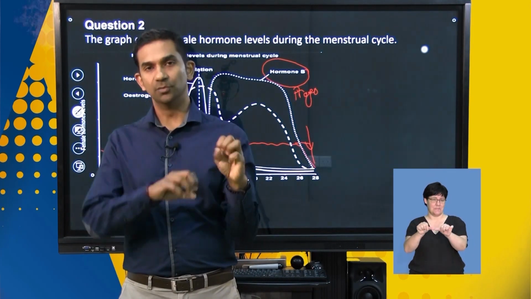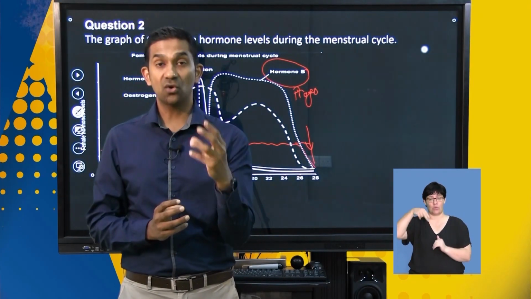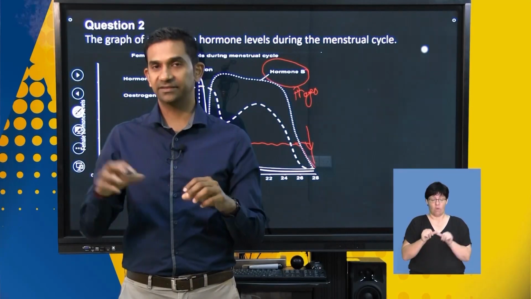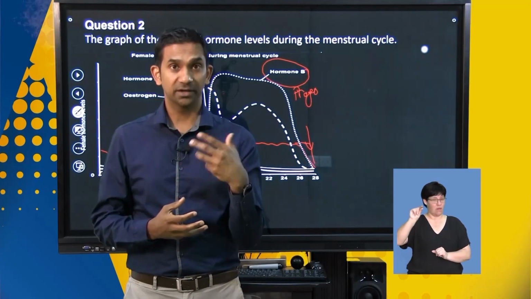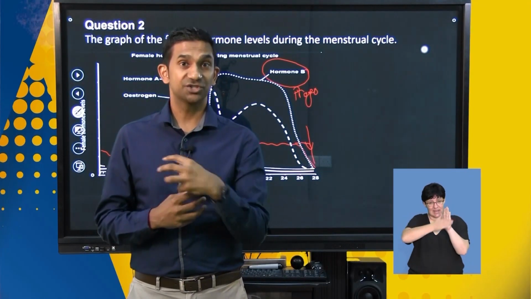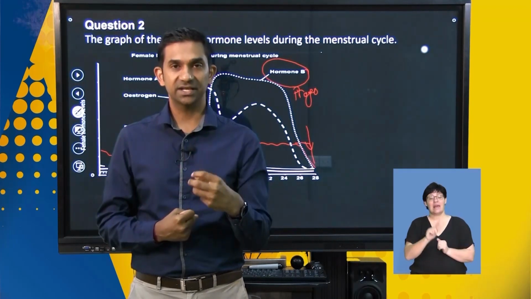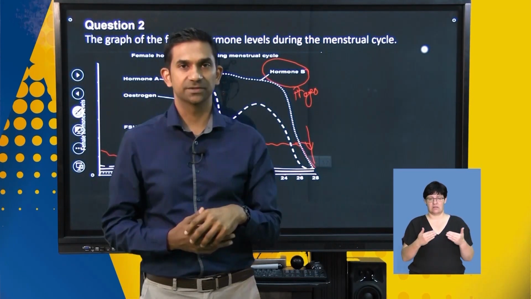So if we remove progesterone, or if we decrease its level, its core function in terms of maintaining the thickness of the endometrium will no longer take place, and that will cause the lining of the endometrium to shred away and to peel off the myometrium, and that's what initiates the start of menstruation. Okay,